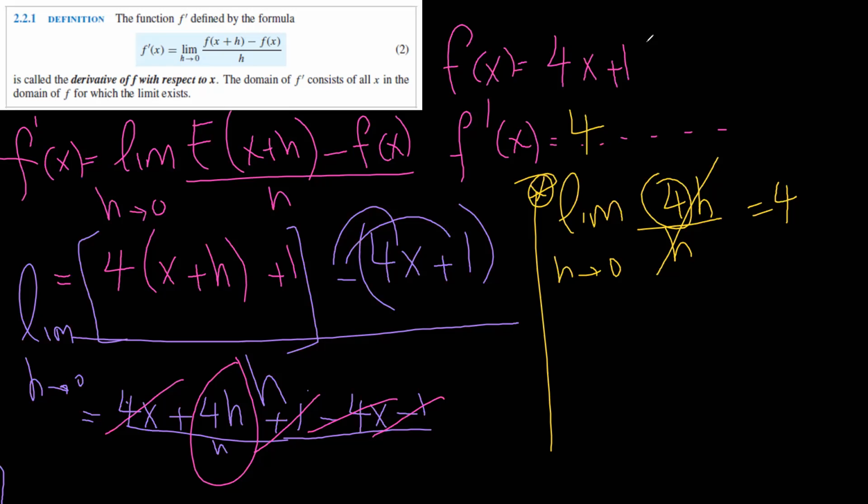Okay. So here now, this is a way to find a derivative by the limit. Now, is it clear? Yes. Okay, let's now